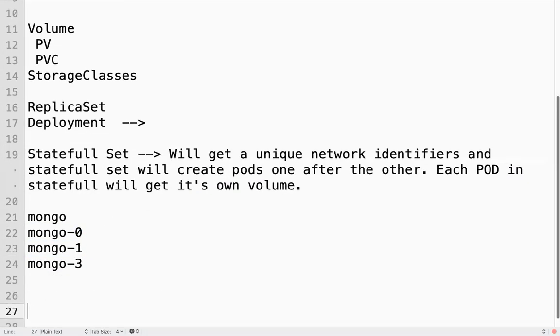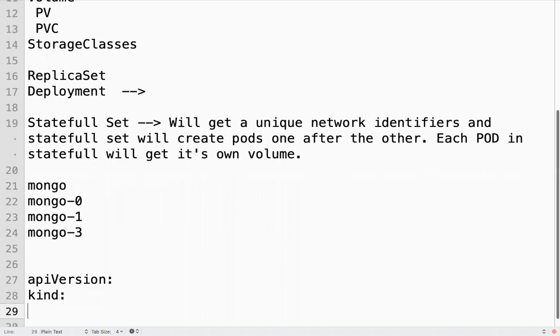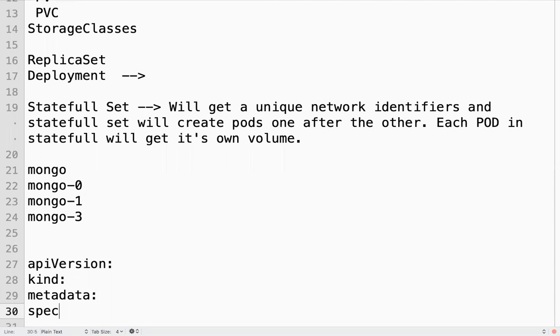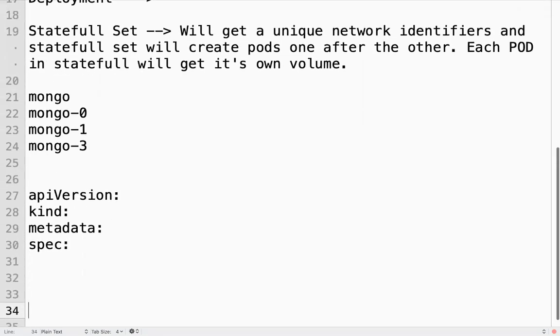For a stateful set, again in the manifest we have API version, kind, metadata, and spec.